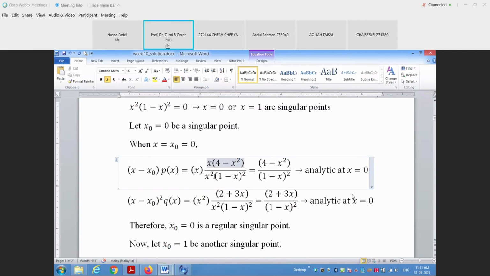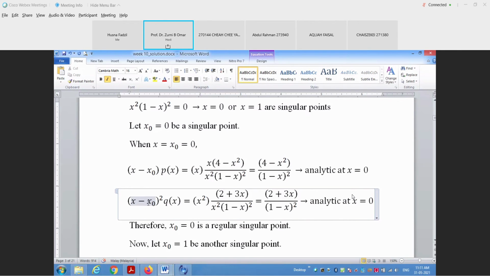X squared and this x squared can be cancelled out. So we have (4 minus x squared) divided by (1 minus x squared). And then in the second function, x minus x naught, squared, times q(x), equal to